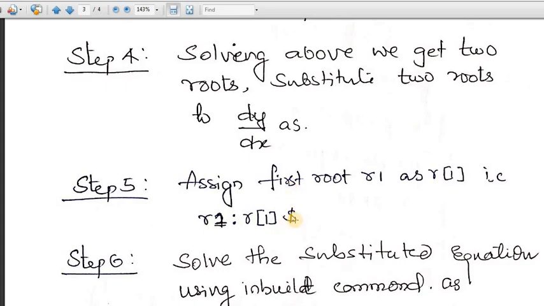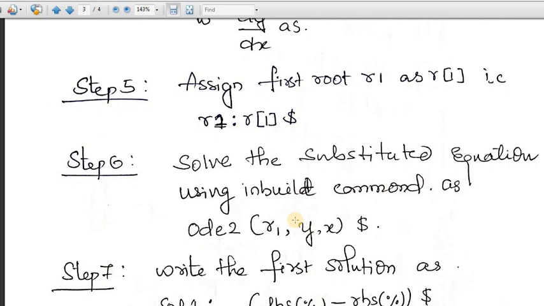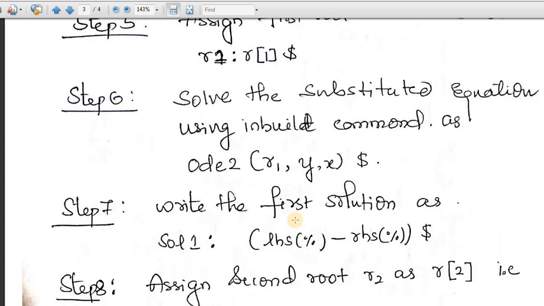Now we take the first root as r1. Now we have to solve. r1 is dy by dx equals something, which I will substitute in terms of p; that is dy by dx, and it is the first root. So we have to use the command ODE2. r1 is the first root, and this is going to be